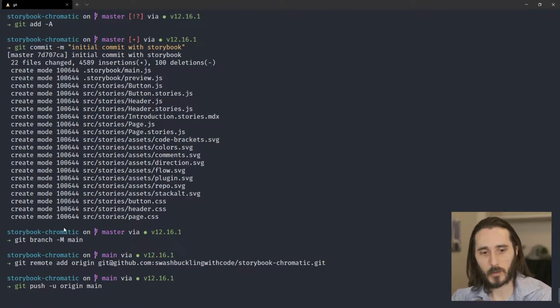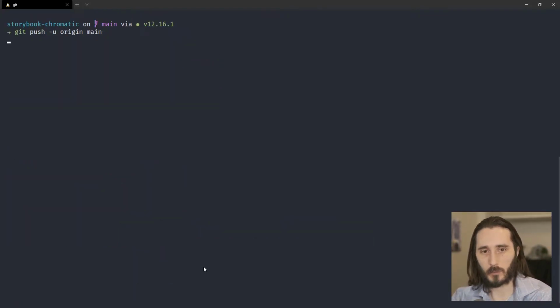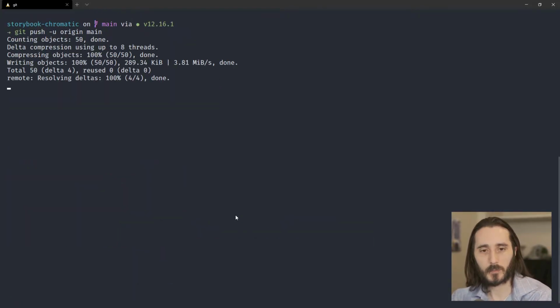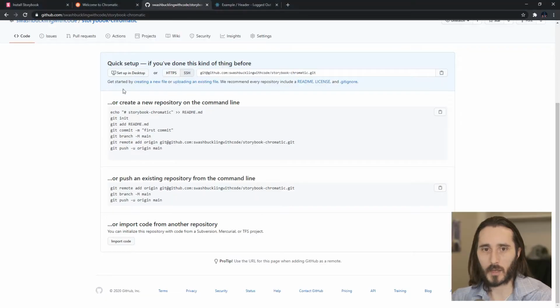You'll see the commands right here. So set the branch to main, add the remote, and then push it up. Oh, yes, I need to configure my permissions. One sec. Okay, that should work. I have a different SSH key for this one. I forgot about that. All right, now it's pushed up, and then that will allow us to go back over